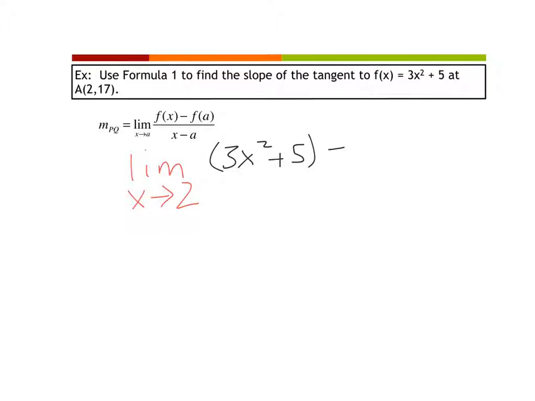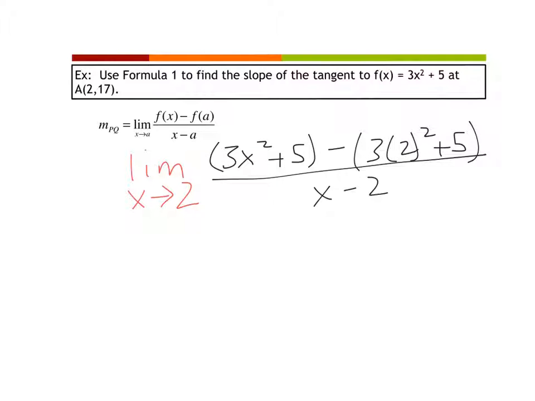So I plug 2 into there, and you can write it out, or you can do it in your head, or whatever you want to do, but just be really careful, please, over x minus 2. So on top there, if you're doing it this way, what I need you to do is be really, really careful. So the 3x squared plus 5, you can lose the brackets because there's nothing going on there that really